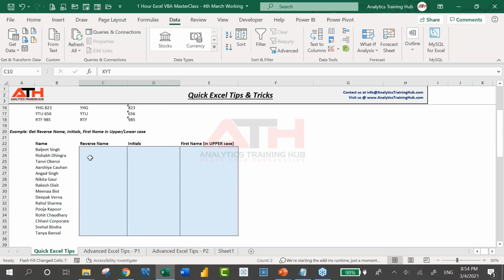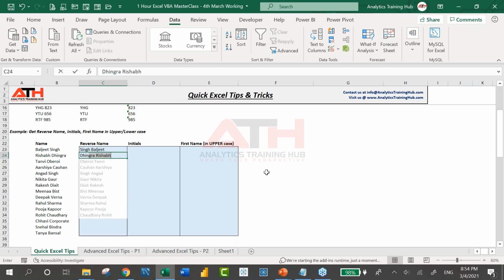Let me give you another example here. Text to column cannot be used to reverse the name. In most cases, or in some cases, we might want to reverse the names. In these kinds of situations, we have to use a lengthy and complex formula. Now, using a complex formula will not be easy for everyone. So then what we can do is simply type the pattern.